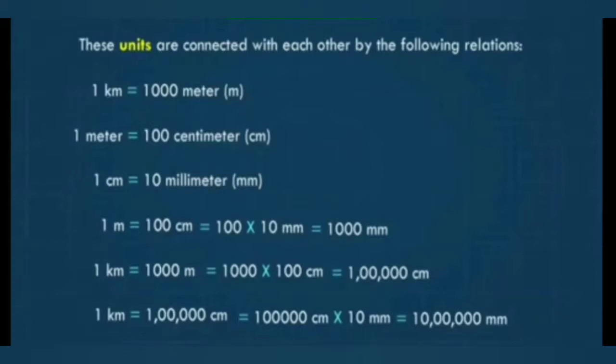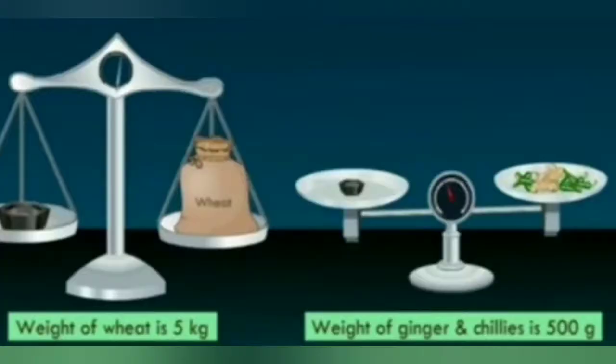1 kilometer is equal to 1000 meters, which is equal to 1000 into 100 centimeters, which is equal to 1 lakh centimeters. 1 kilometer is equal to 1 lakh centimeters, which is equal to 1 lakh centimeters into 10 millimeters, which is equal to 10 lakh millimeters. When we go to market to buy sugar, rice, wheat, etc., we buy these items in kilograms,